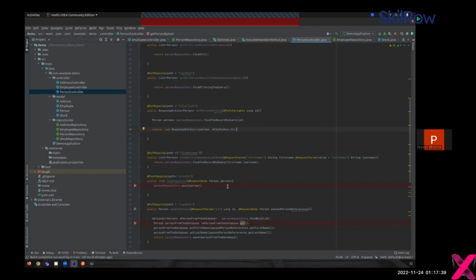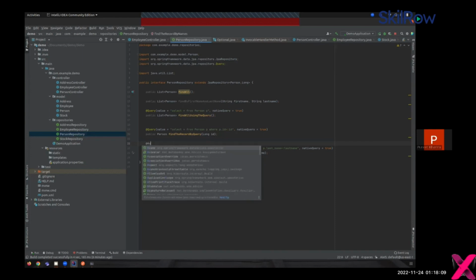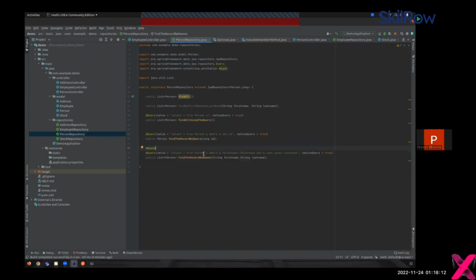So in case your database server has a lot of cores, that means it can work on n number of queries, and it is scalable. You could go for an option where you can actually scale up the response time of your APIs. So what that option is within Spring, you will go to the person repository, and then we'll annotate the method written by us as Async. And then it is not mandatory to mention Async